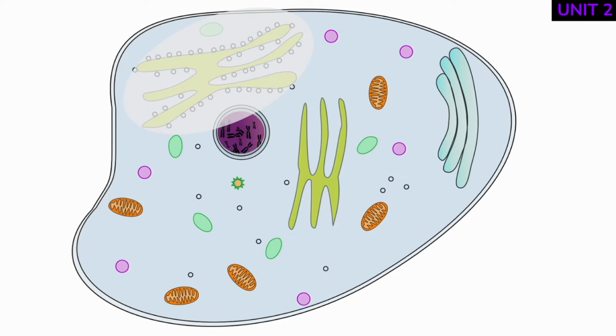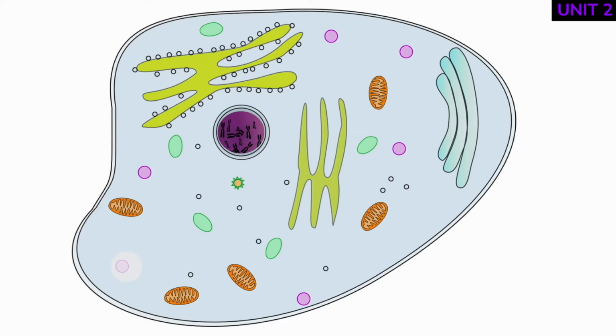The rough ER contains ribosomes. And this organelle is a network of tubules and sacs that helps transport proteins and other materials within the cell. This right here could be a lysosome, maybe a peroxisome, but it's a lysosome, a membrane-bound sac that has enzymes that helps break down waste products and other damaged organelles, kind of like a garbage disposal of the